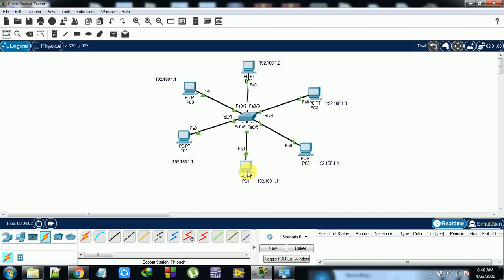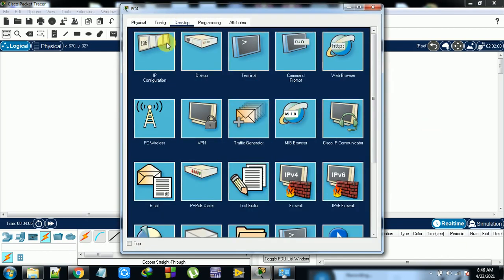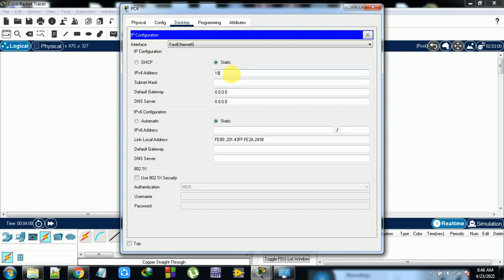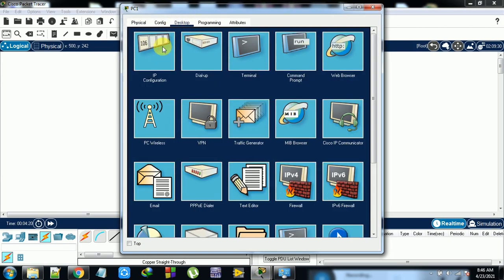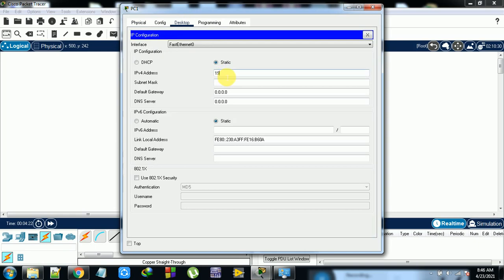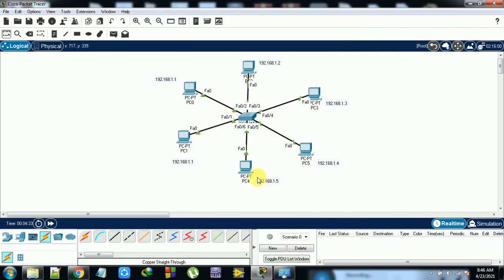Next, this one is 192.168.1.5, so it is 5, and this last one is 192.168.1.6. So in total 6 devices are there, and this is 6.